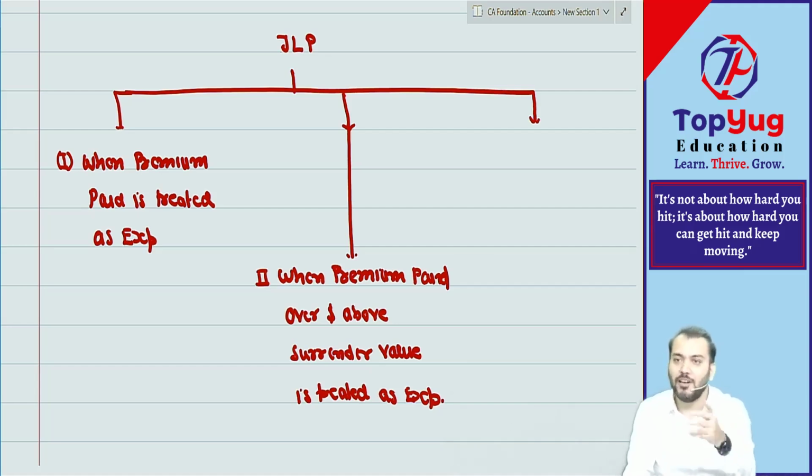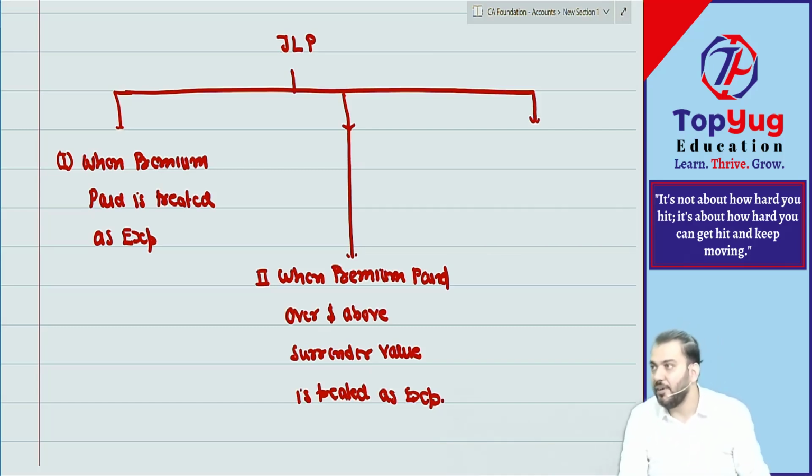Please give me the amount, whatever is receivable. Quite possible. That facility is given by the life insurance company or any other company that has given that policy. So the amount receivable at the time of surrendering the policy is known as